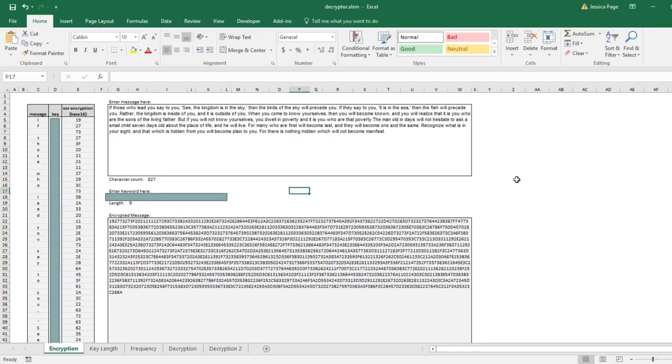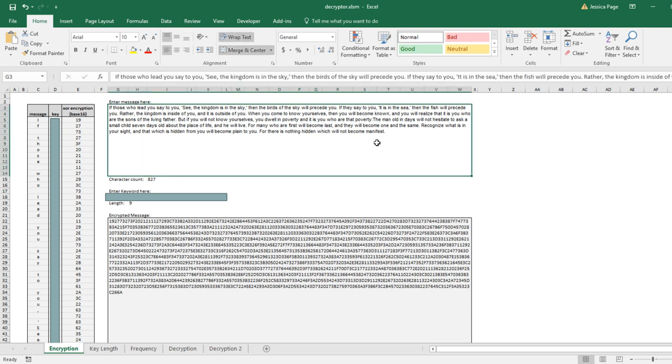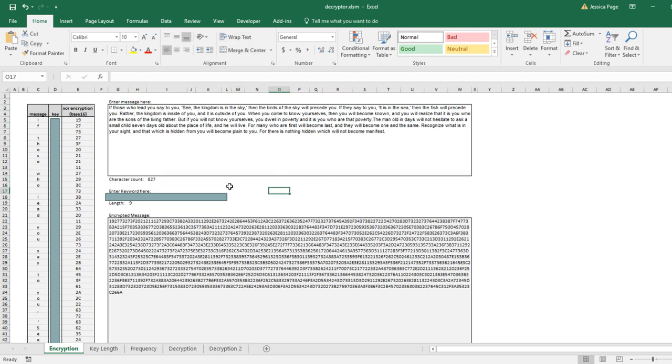Okay, so this is the encryption page where you create the original encryption. The original text goes in this box. The keyword or password goes in the box that's underneath this little shape that I'm using to hide it for now. And it spits out the